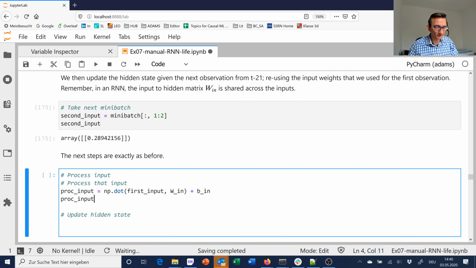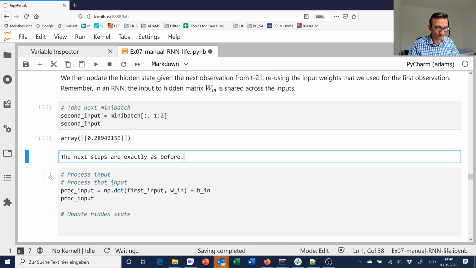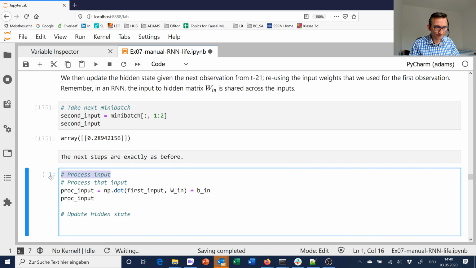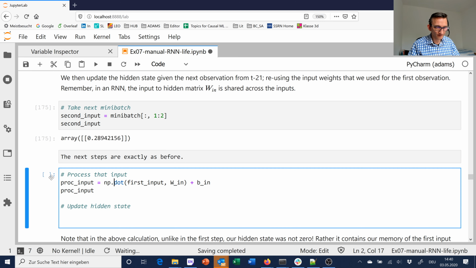Process the input. So we take the second input, getting this intermediate result, the processed input, multiplying it with the weights, adding a bias, and then we could update the hidden state,